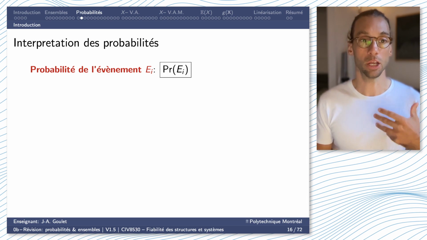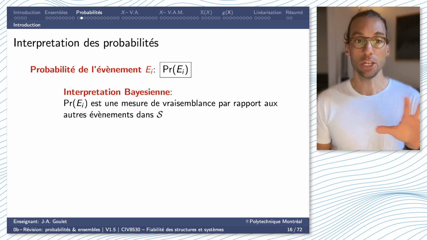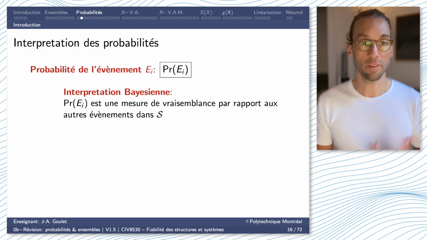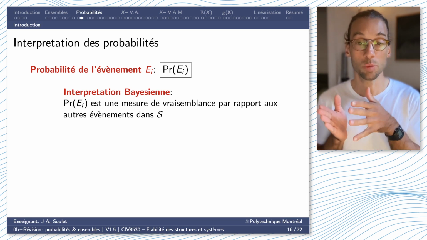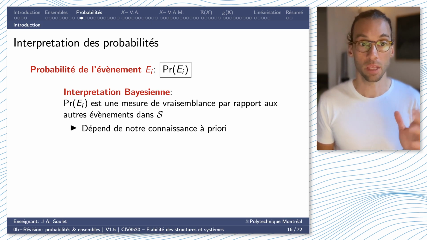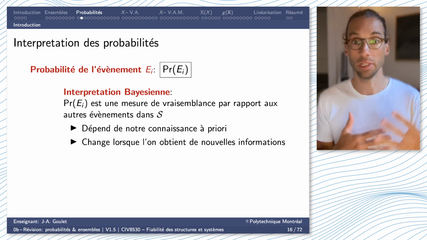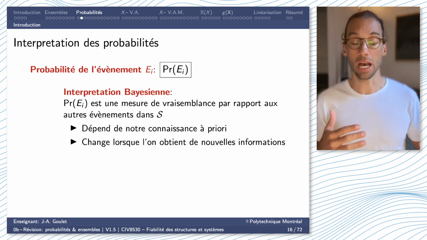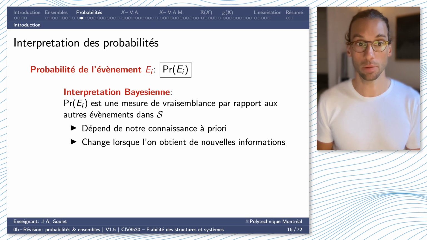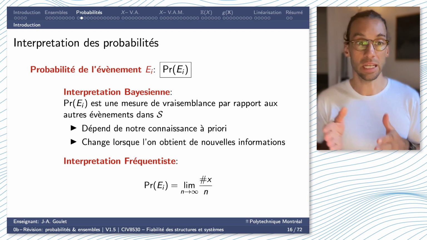When we look at the probability of an event EI, we can have the Bayesian interpretation. The probability of EI measures the likelihood of the event EI with respect to all possible events in my sampling space S. So it depends on our prior knowledge of EI, and that means my knowledge of the probability of EI might change in time as I collect new information. This is what we call the Bayesian interpretation. The opposite is the frequentist